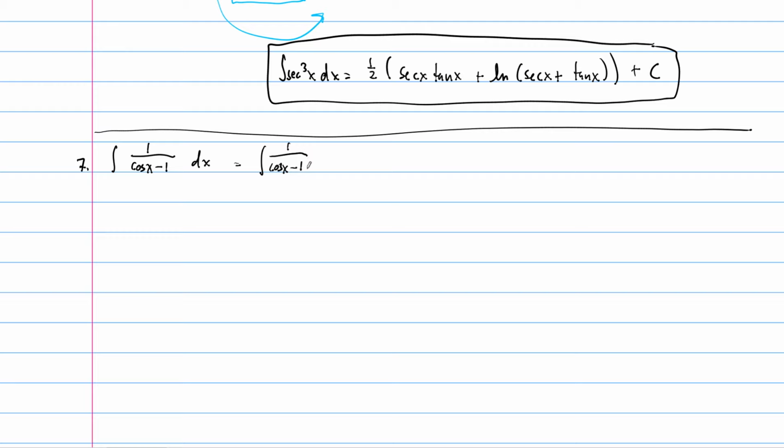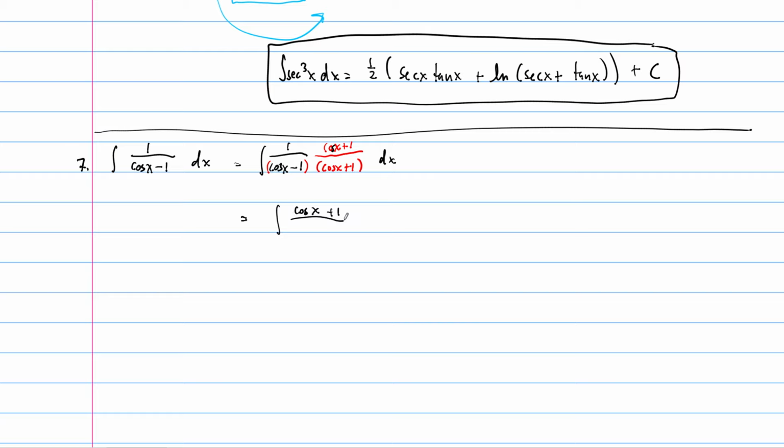But this one, it's a little more clear what we should multiply by because the bottom is a difference. And we think to ourselves, a lot of times when you see something like this, you think to multiply by the conjugate, right? So multiply by cosine x plus 1 over cosine of x plus 1. And that obviously doesn't change the integral. So what we end up with then is the integral of cosine of x